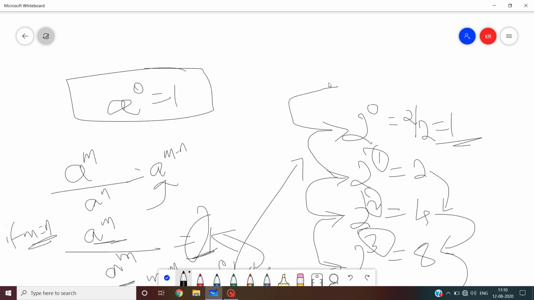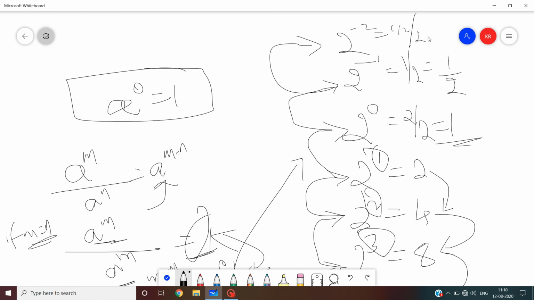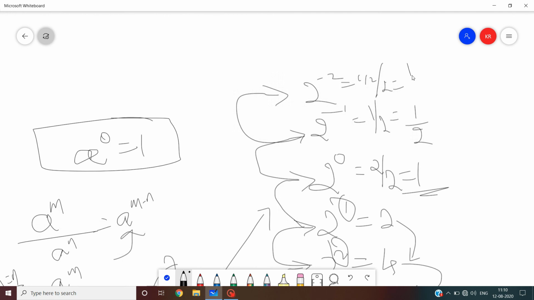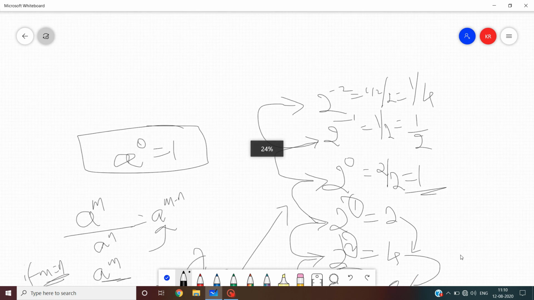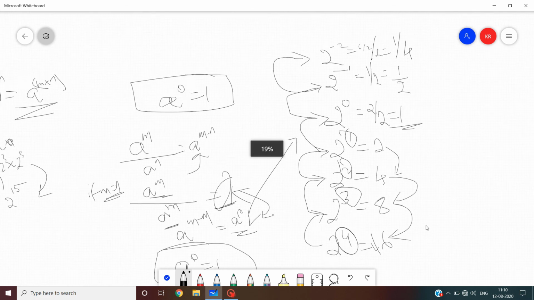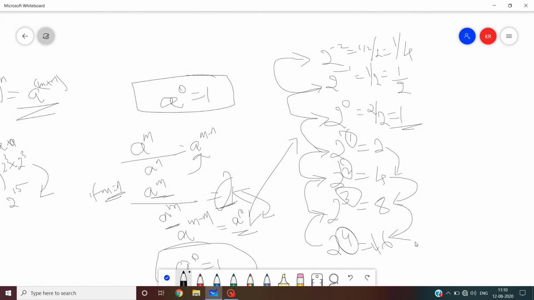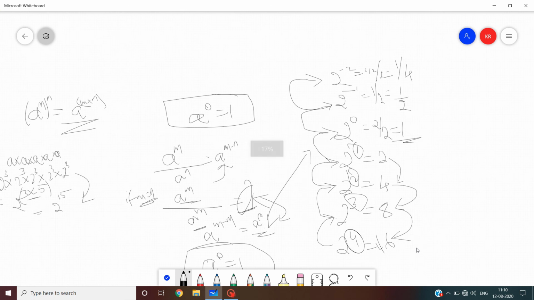If you have some doubt in negative indices, then see, when 2 to the power of minus 1 is becoming, initially I have 1, I am making it half, so we have 1 by 2. So let me go still further, 2 power minus 2, so we have half, again half of that, so we are getting 1 upon 4. So this is how we can solve any typical problems easily.